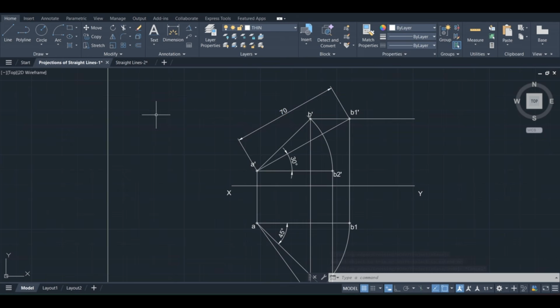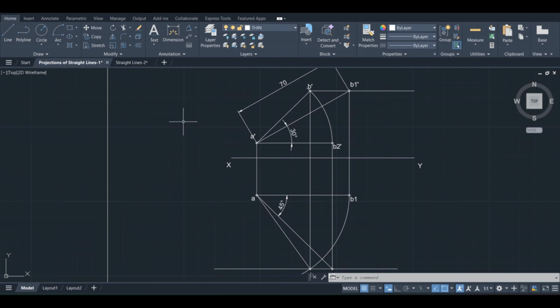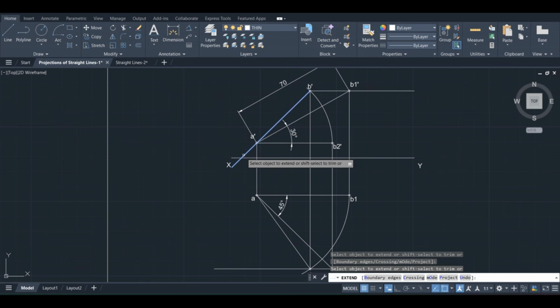Yeah, fine. Now, to get the traces, we will come with the final position of the lines A dash B dash and AB. Extend this A dash B dash line using the extend command, EX, press enter, select this line. So this is intersecting with this XY line. Where it is intersecting with the XY line, that point is the horizontal trace of this line.